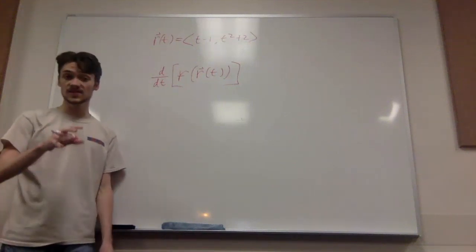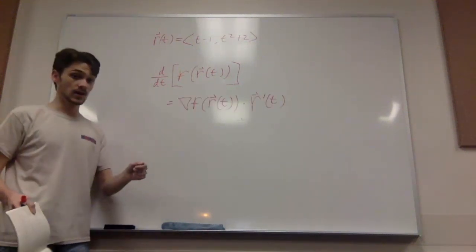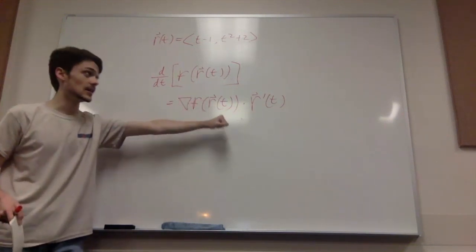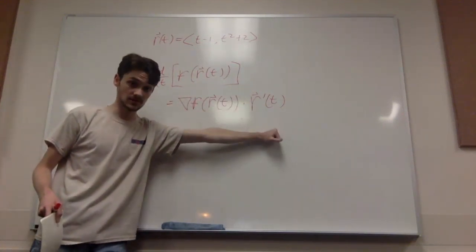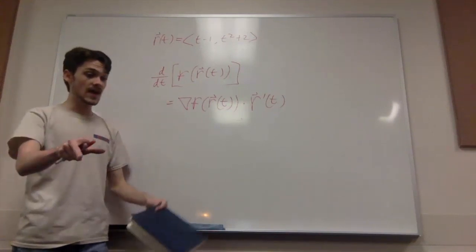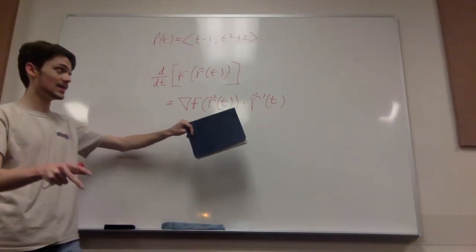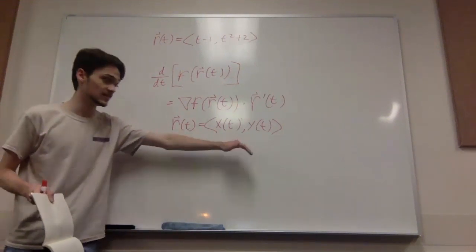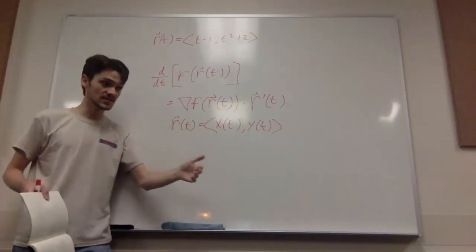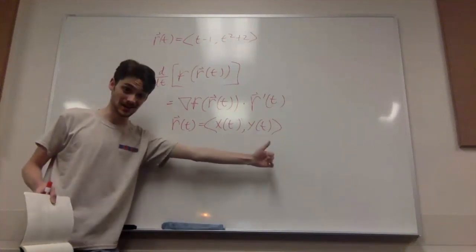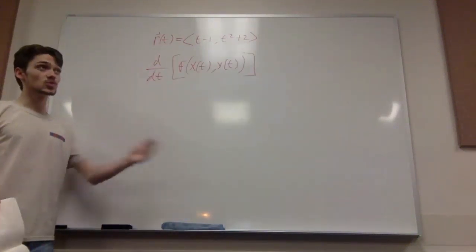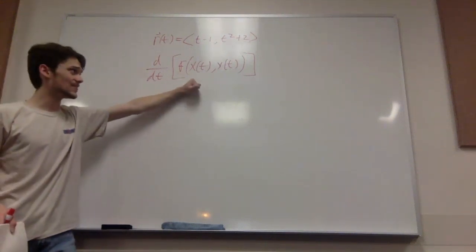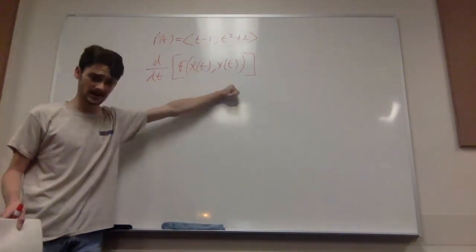We have a very specific equation for this. The derivative of this vector-valued function is going to be grad of r of t dotted with r prime of t. But let's remember that we can plug things in for r of t, where r of t is going to equal some x of t comma y of t. We plug in one t, we get an x and a y value, which means that we can write the derivative of the vector-valued function as this: the derivative of f of x of t comma y of t,